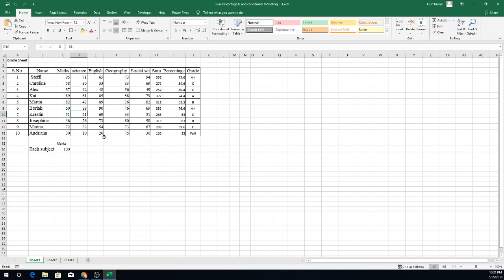I will say yes and look, wow, Excel changed automatically from B to A plus. And if we check for the Alex, he has a grade C and it seems also poor. And suppose he did the exam again and he got good marks, and we say he got like 69 marks, and see, the table is dynamic. Oh, he's still in the C grade. Now, let's see, in the maths he improved it, good or not. Yes, he improved it. So you can see, if we change any value, the result or grade will change automatically